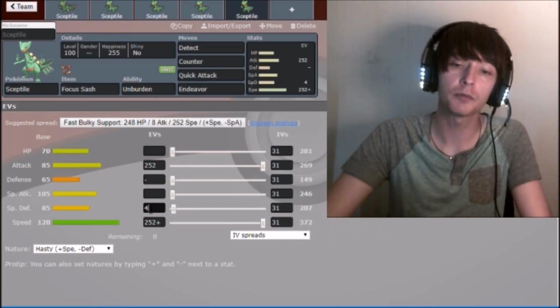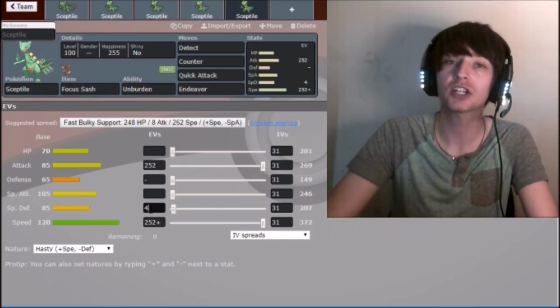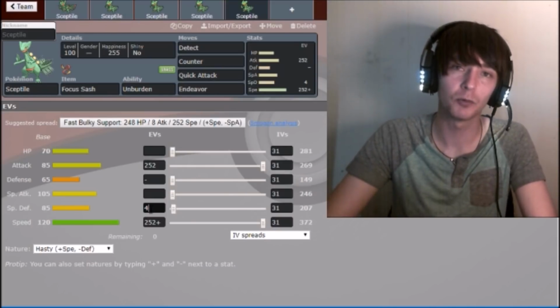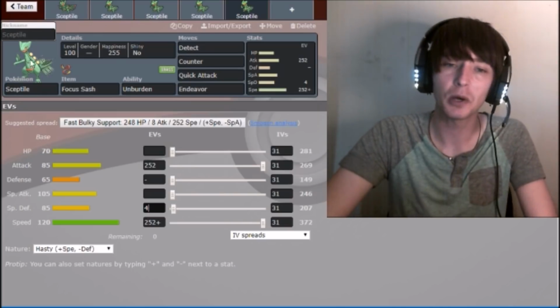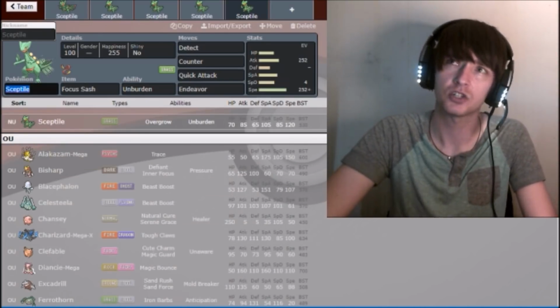But pretty cool stuff. And the reason we're going hasty is because we want to actually get our Sash clocked each time, especially in the defensive stat version. Pretty cool set though. I think this definitely works. And another really cool thing is this totally works as a... I've actually done this. I don't have any content on it here, but I used this in